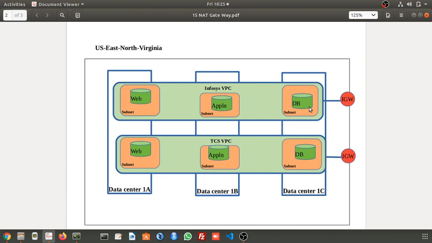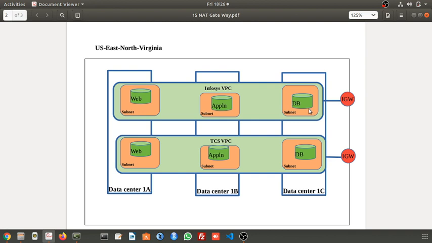So if all the servers are placed in the same virtual private network and all are exposed to the internet, as they are directly connected to the internet gateway, from the outside network they can enter into the network and make changes.